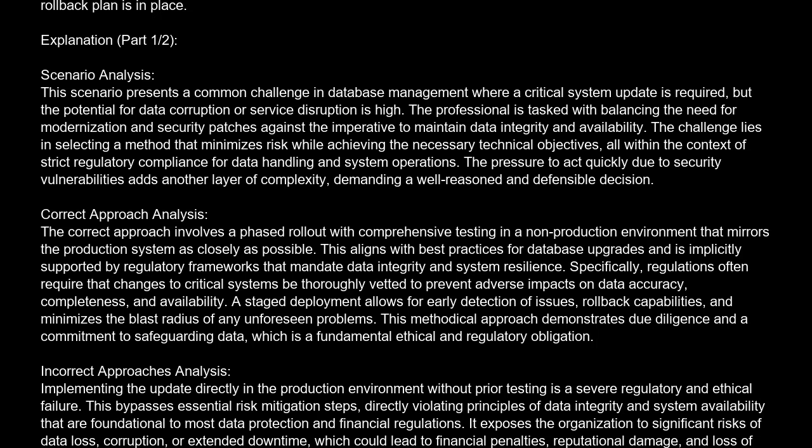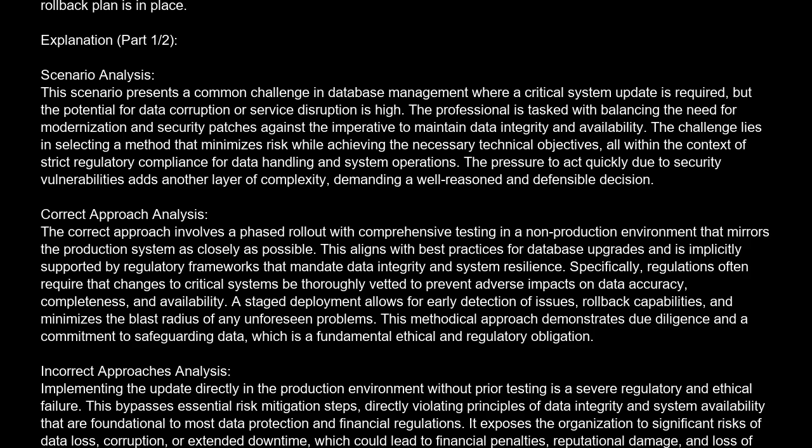The correct answer is D. Deploy the patch directly to the production DB2 environment during a scheduled maintenance window, ensuring a rollback plan is in place. Explanation. Scenario analysis. This scenario presents a common challenge in database management where a critical system update is required,